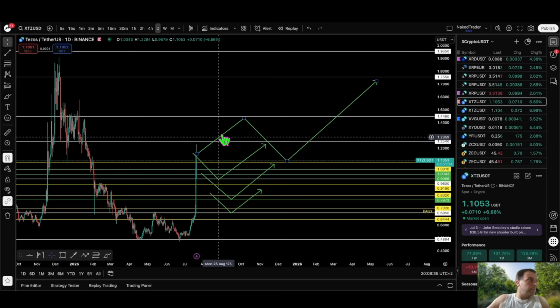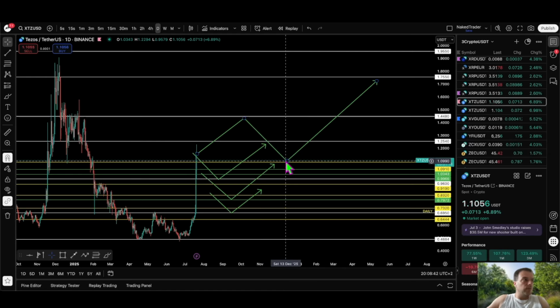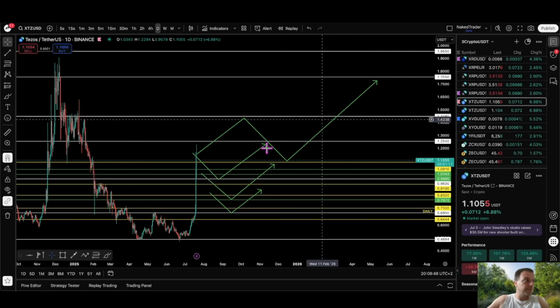If the price managed to go up, then I would like to see a test of $1.44, a pullback with an entry at $1.09, aiming for the continuation play and aiming for the $1.75. And if the price rejects here